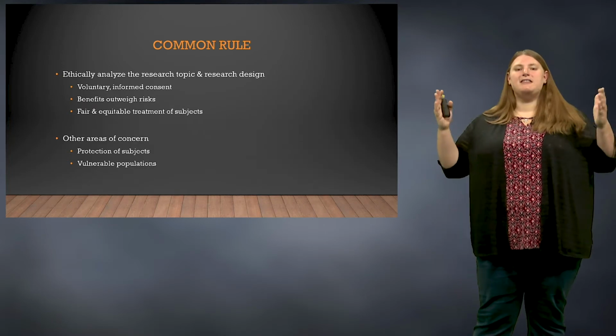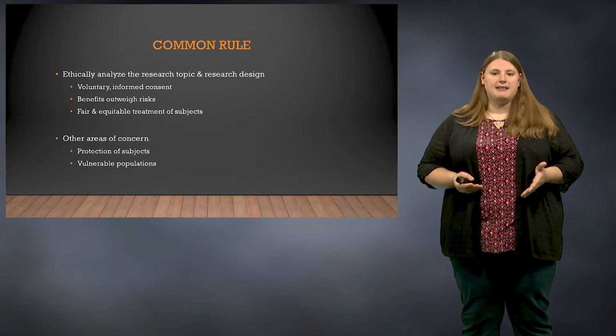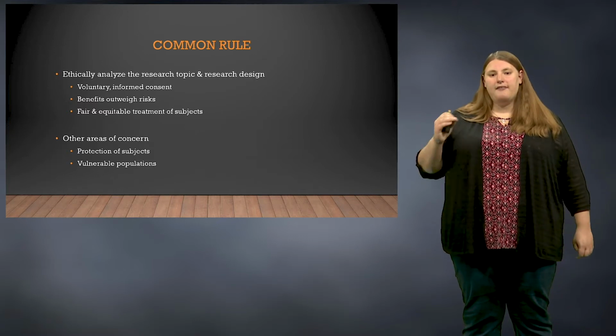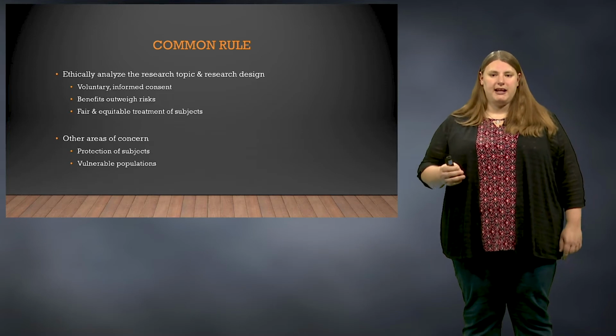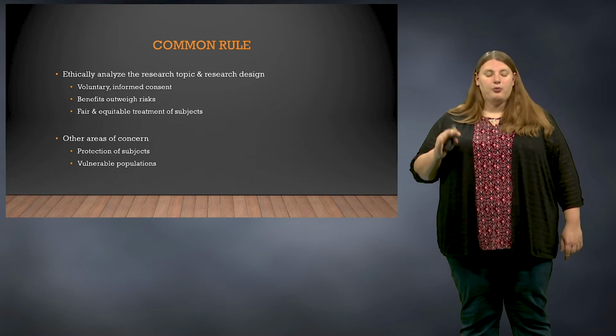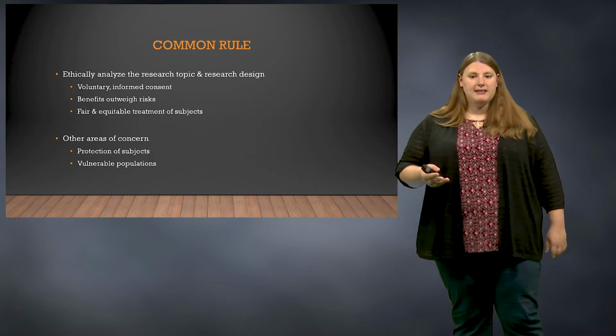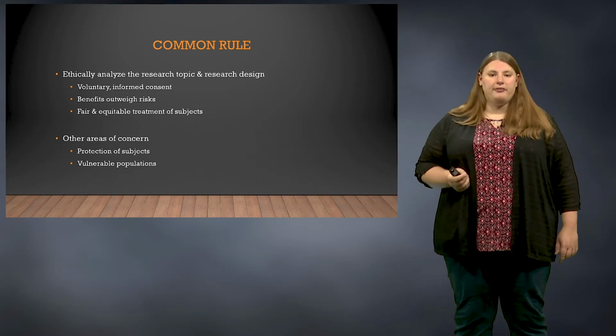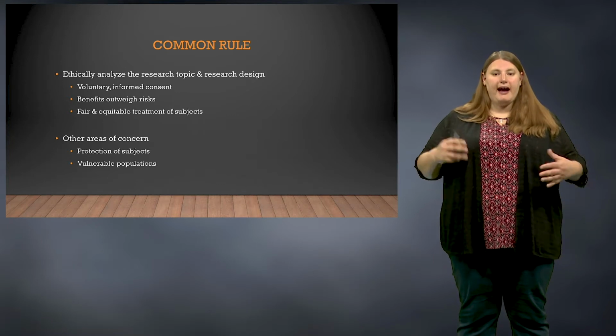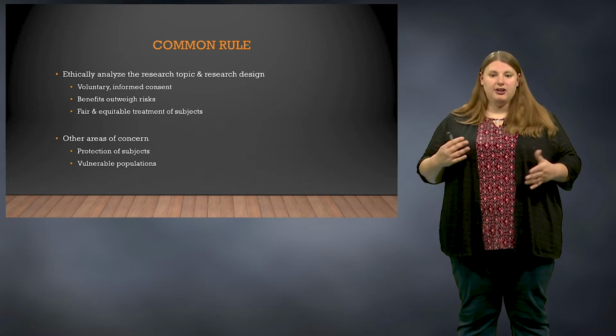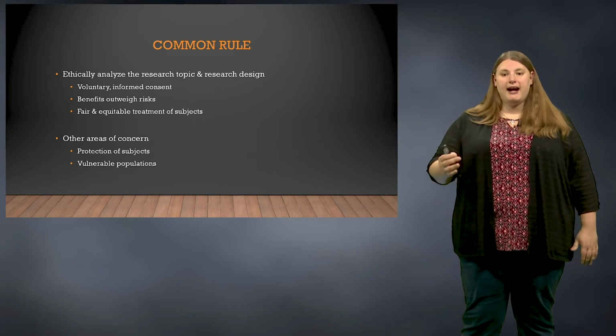So what exactly is the role of the IRB in the research process? The IRB is in charge of analyzing a proposed research study before it begins. A researcher is going to put in a research proposal outlining to the IRB what they want to study and outlining all of their research design procedures. The IRB will then do a review of the study, looking in particular for those 3 major guidelines I just